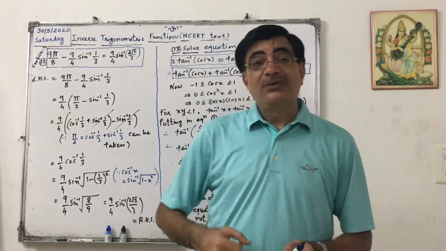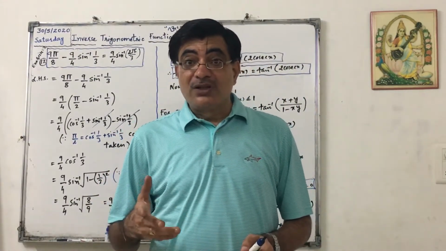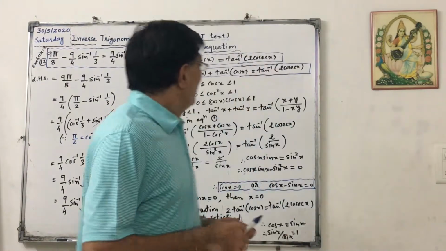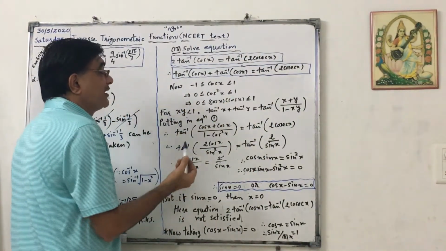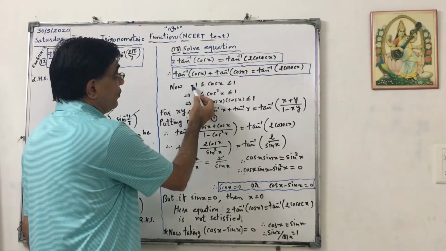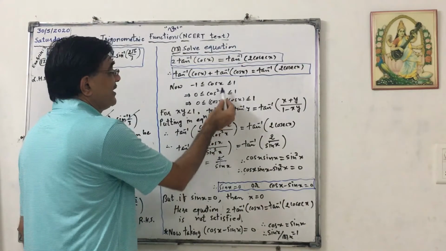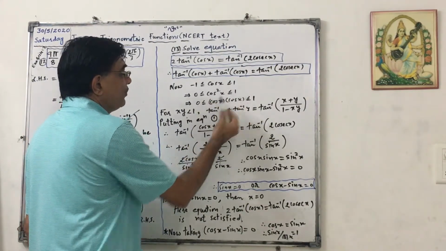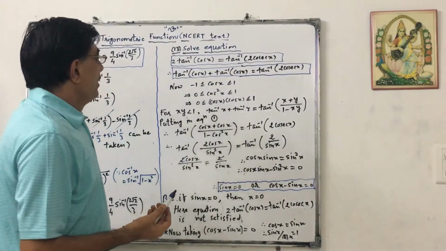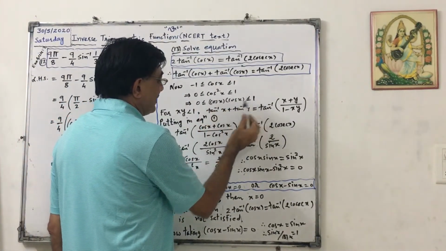Here we don't know whether xy is less than 1, equal to 1 or greater than 1. Let us check. Here x is cos x and y is also cos x, and we know what is the range of cos? From minus 1 to 1. So cos x is between minus 1 to 1. So if I take the square of it, cos square x, it will be between 0 to 1, positive. So we can write like this: 0 less than or equal to cos x into cos x less than or equal to 1.